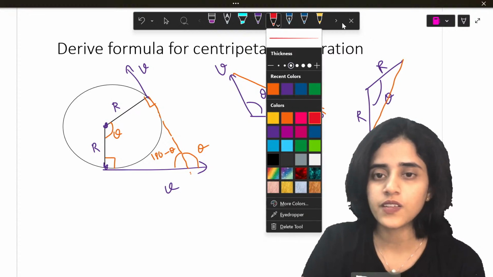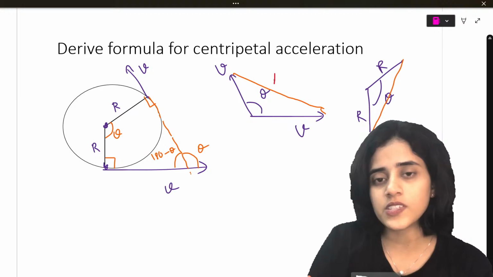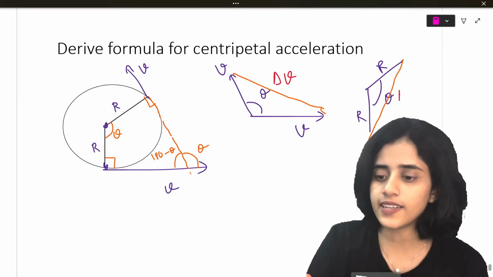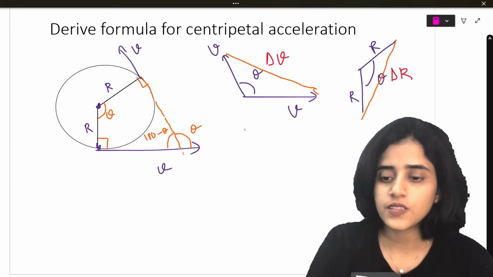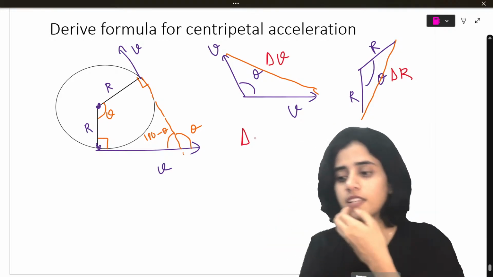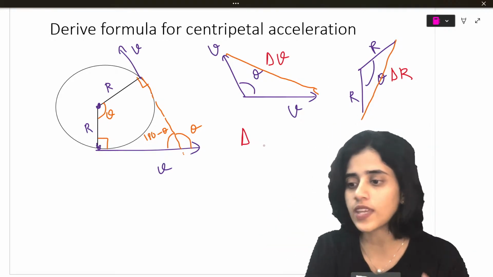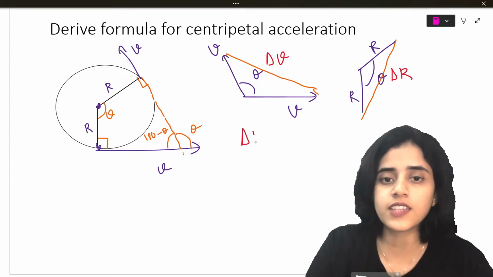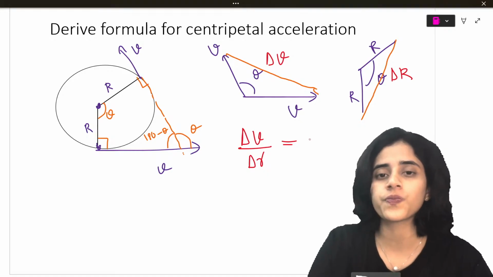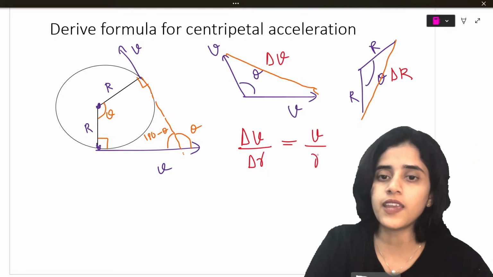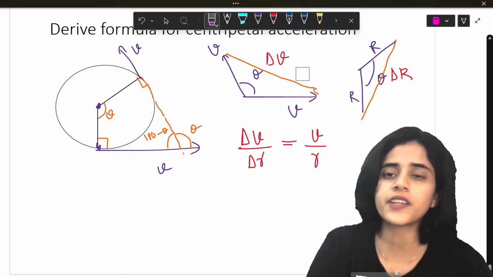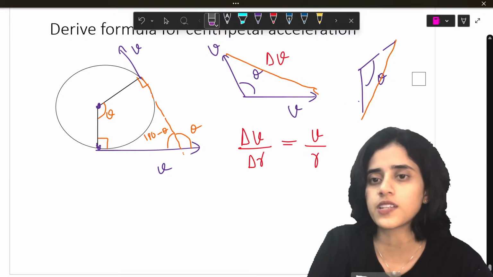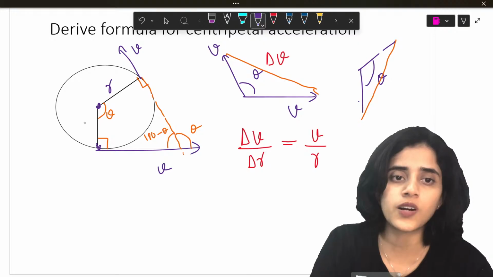Now, let's say this side is V plus V, so I put it as delta V. And this side, let's say it's delta R. So now what we have? If two triangles are similar triangles or congruent triangles, we can equate them. So what will we equate them? Delta V divided by delta R is equal to, I will take one of the sides, V by R. I'll just take small letter everywhere, because in the final formula in your textbook it is small letter.